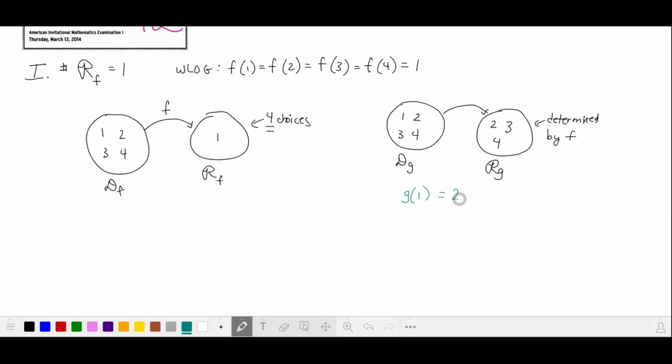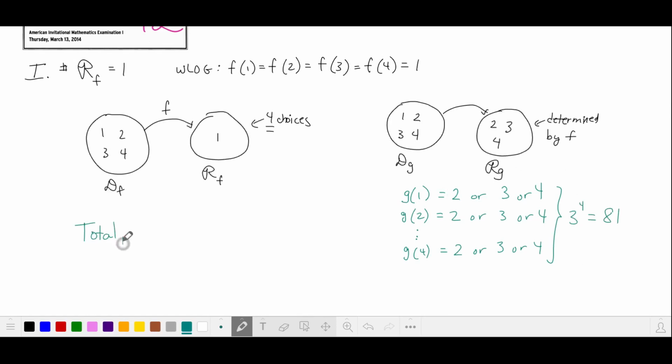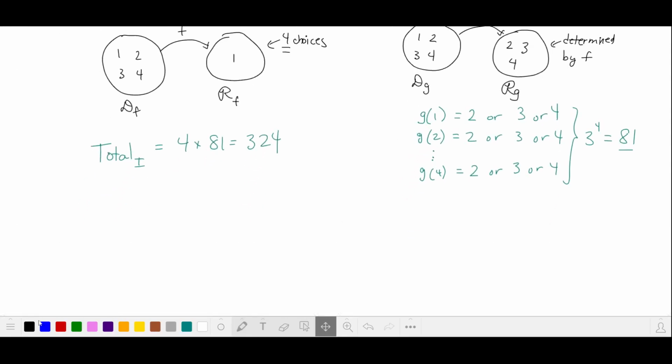So G of 1 can be equal to either 2 or 3 or 4. Same for G of 2 and G of 3 and 4. These 4 functions can be equal to one of these 3 values. That's 81 ways to define G. The total for case 1 is the number of choices for F times the number of choices for G. That's 324, and we'll go on to case 2, where the number of elements in the range of F is